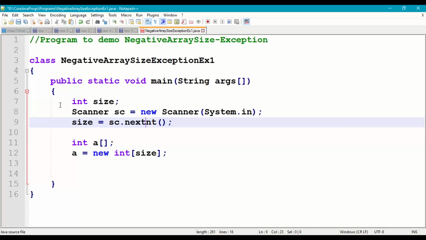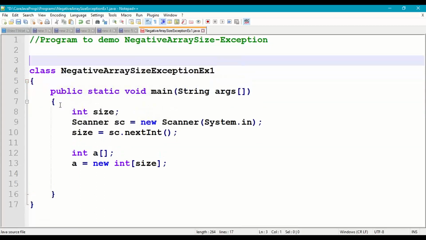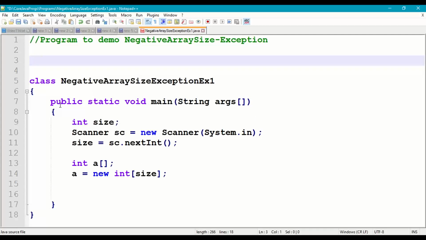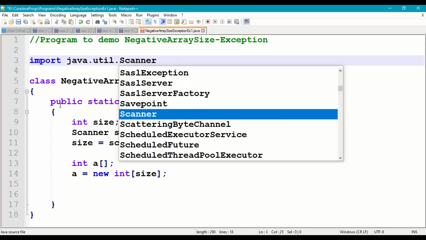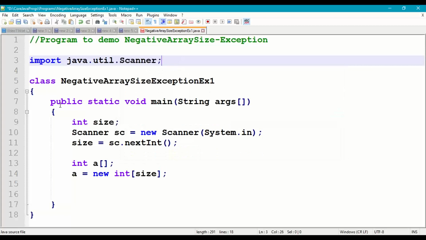It will accept one integer from keyboard and store that in size variable. Since we are using the Scanner class, let us import Scanner class from util package: import java.util.Scanner.